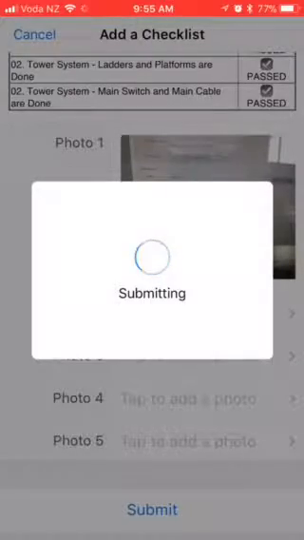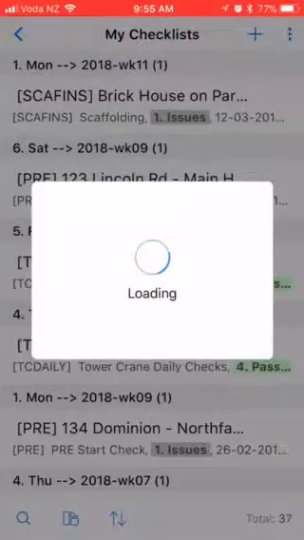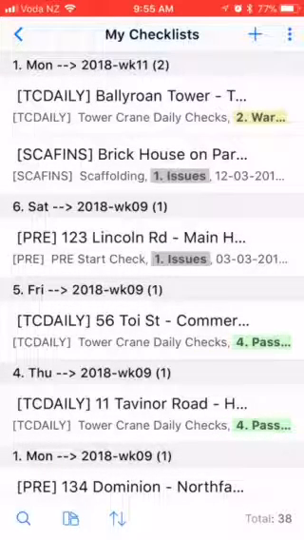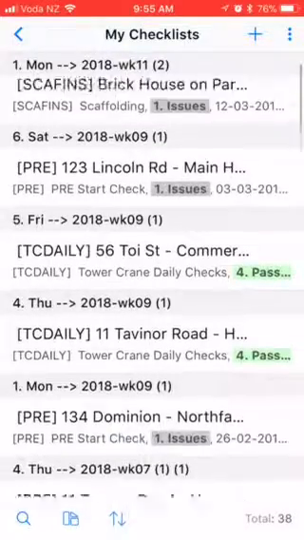So I've done checklists in 30 seconds. They're very quick and easy to do, and it's put them in on Monday. And that's pretty much it for